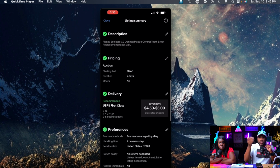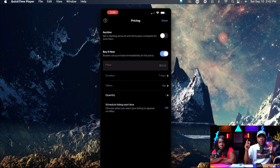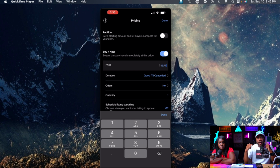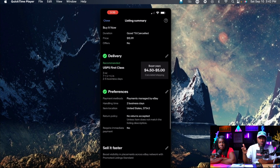And then you also need to double check and make sure all the information is correct, that it matches what you got exactly. A lot of times when I do sell similar, it automatically does this as an auction, so I have to make sure I remember to put it on Buy It Now. And then I'll input the price based on what the sold comps are, or based on what I'm comfortable